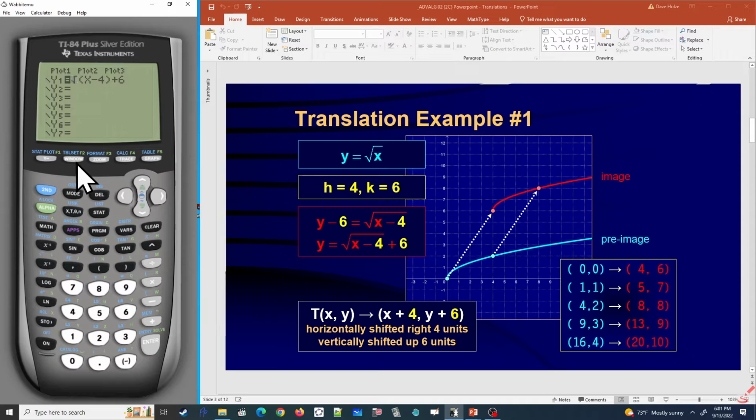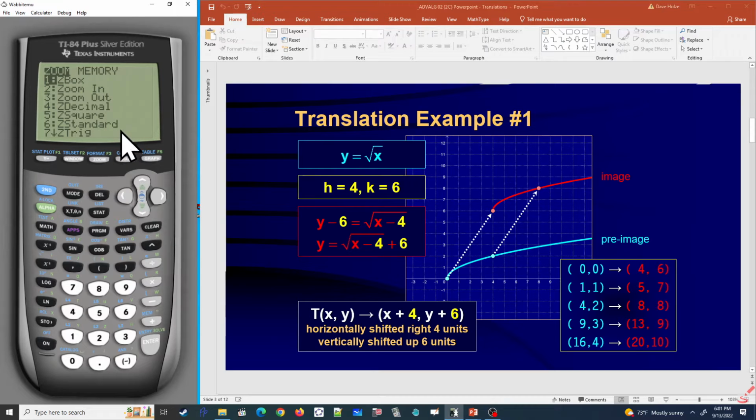Now I'm going to go look at my window settings. My window settings may not be the same as your window settings, and I'm not sure what I used the last time I did this, so I'm going to look at window, and I see I have it going from -10 to 10. That's a really nice window setting, and I actually can get those settings if I do zoom